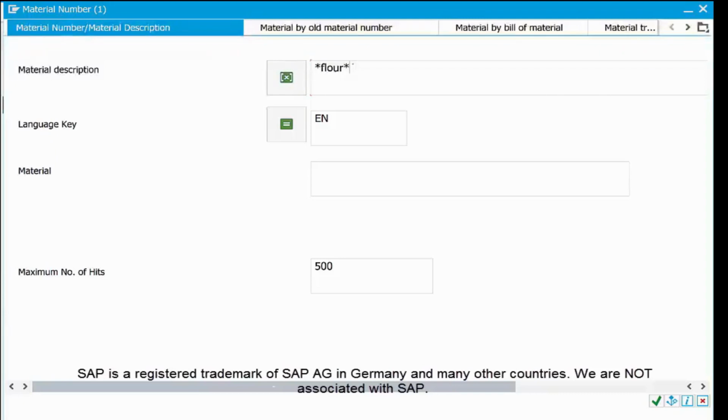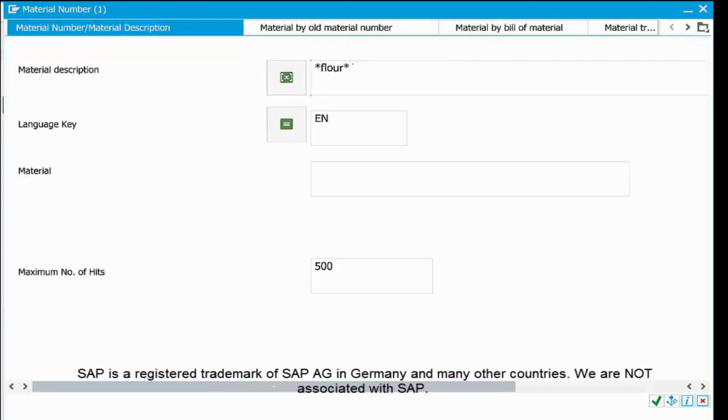The star acts as an unknown identifier for SAP. Once you put the star in front, it tells SAP that we don't know what comes before floor, and the star at the end tells SAP that we also don't know the words following floor for the material code.